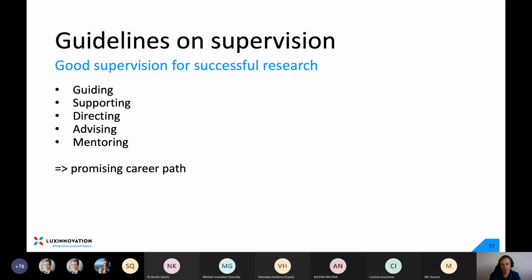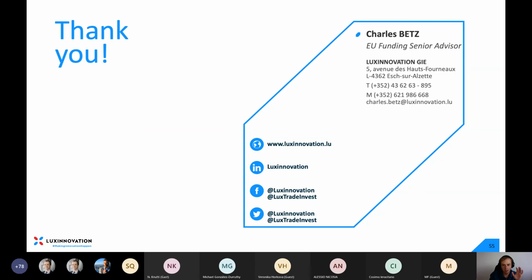So these are the guidelines for supervision and the guidelines for the Green Charter. I don't want to go into this. I know it's very tiring to listen to this and still pay attention. Sorry for that. I hope with getting the slides and getting the recording, you get a better chance to review all the information. Have a look at these documents. They are important. They are not mandatory, but